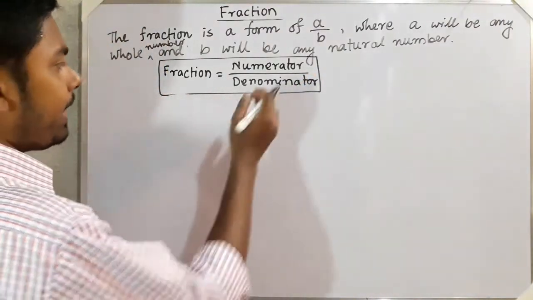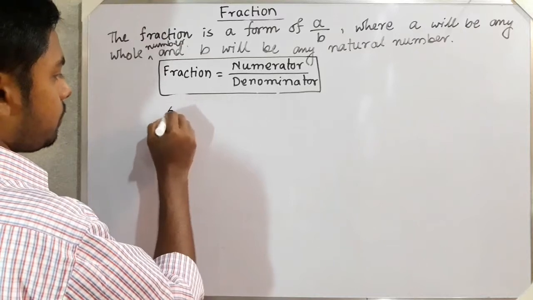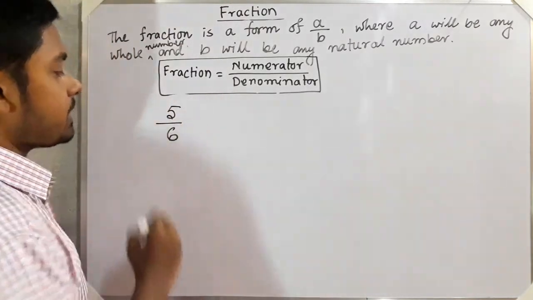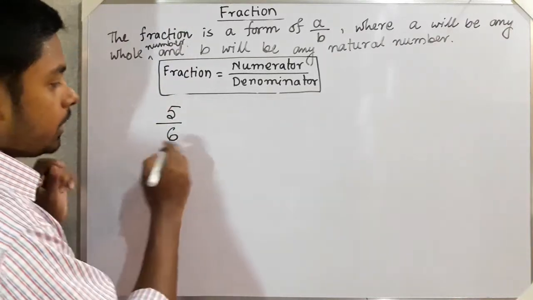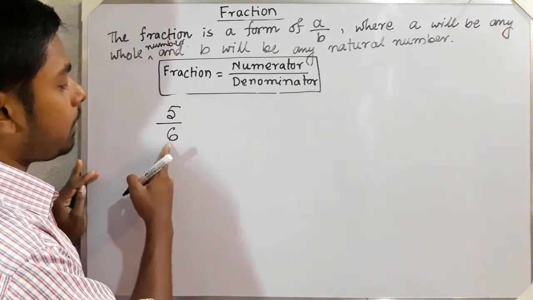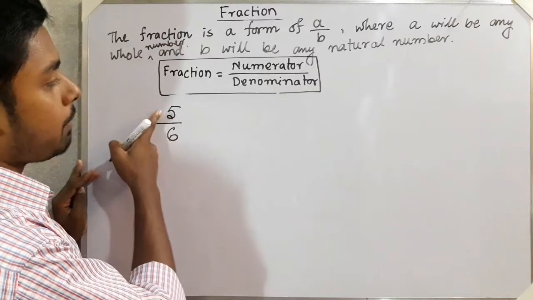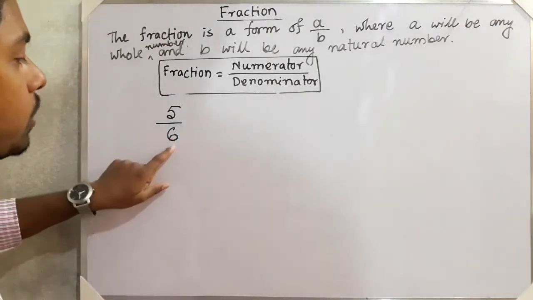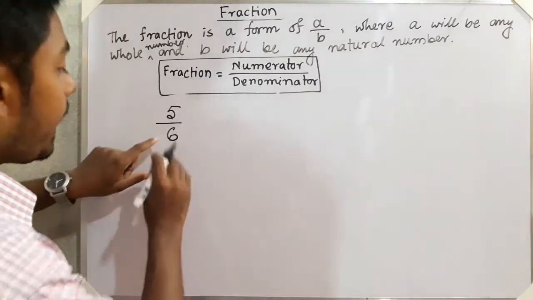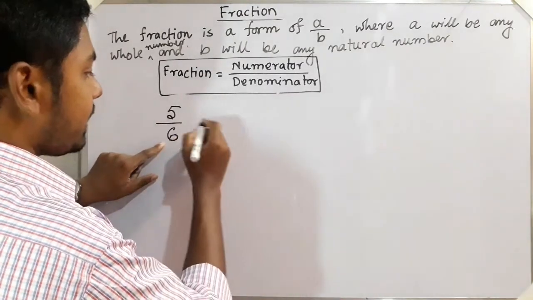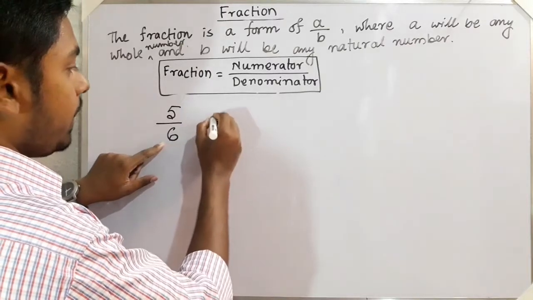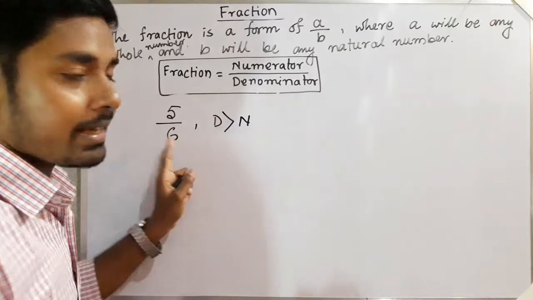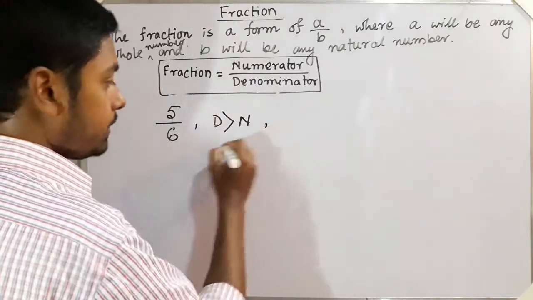Now I am taking an example of a fraction. Suppose 5 by 6. So here you can see the lower part is greater than the upper part. That means the denominator is greater than the numerator. Here you can see the denominator is greater than the numerator. In this case, wherever denominator is greater than the numerator,